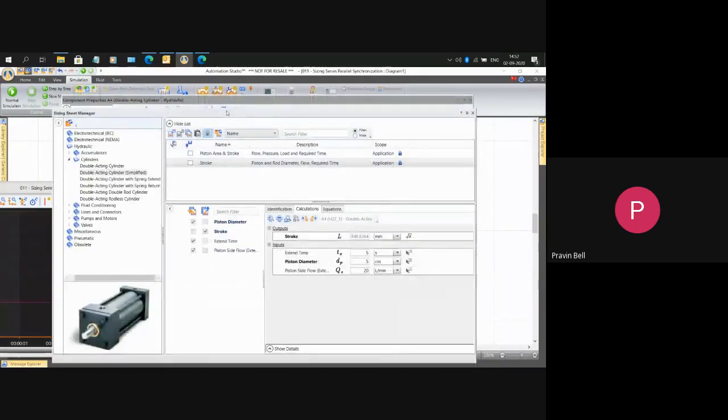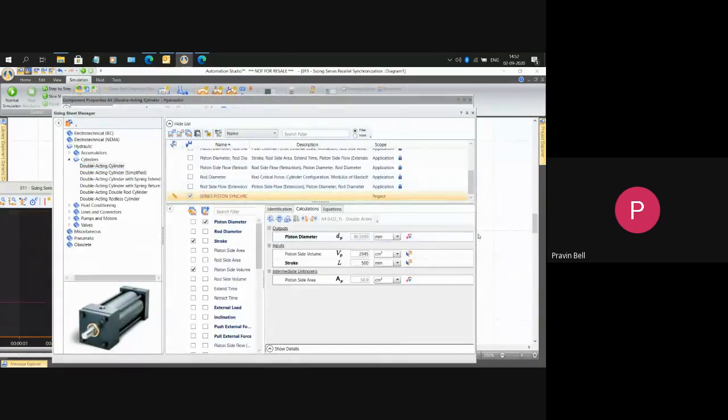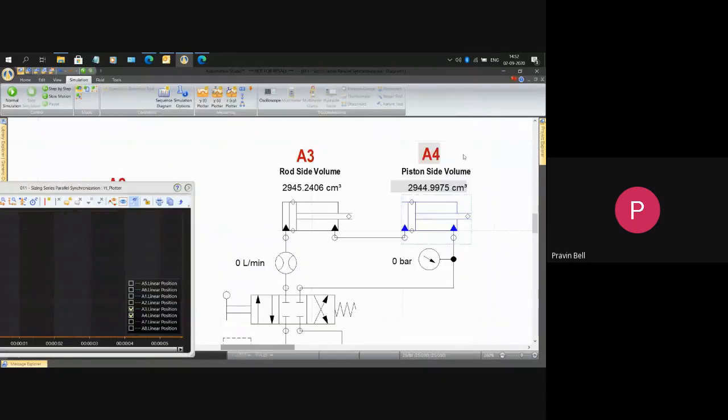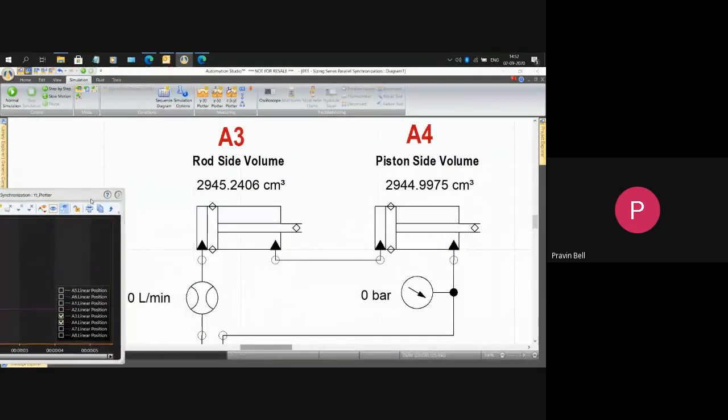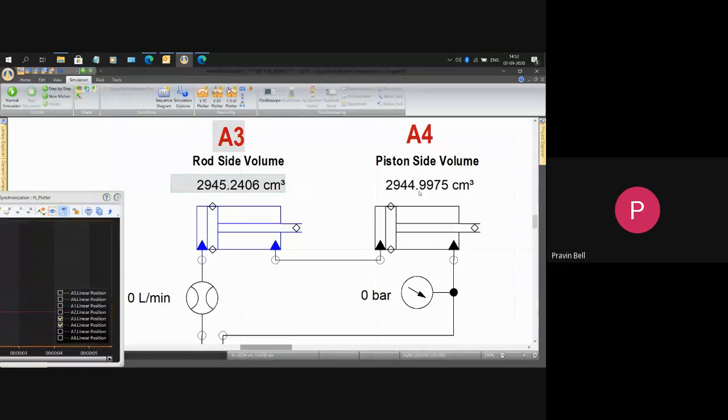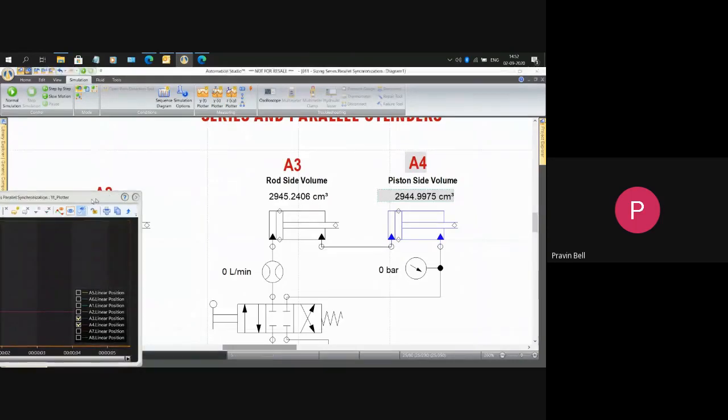I go to my second cylinder. I go to my sizing sheet. And in my sizing sheet, I tell the software that I know that my piston side volume is 2945, stroke is 500 mm. The software automatically calculates the piston diameter here. I say transfer this value. You see this? The rod side volume of first piston has now been made equal to the piston side volume of second cylinder here. Now if I simulate this particular circuit,